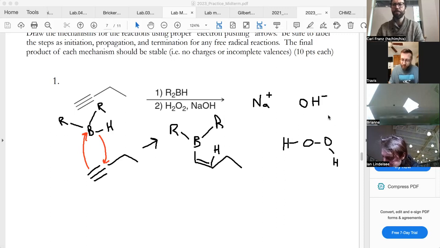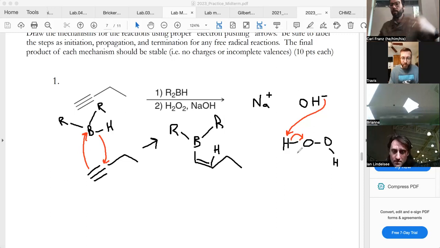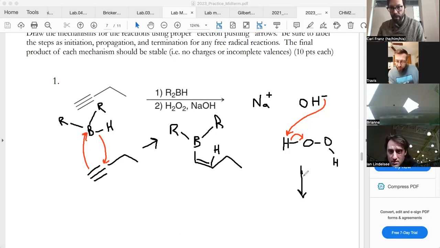And so what goes on there? This negative charge comes in and attacks, and then that bond goes to the oxygen. Right? And what have we formed? Water. Yep. And NaH. So one of the things coming off of there is H2O, because the hydroxyl group steals a hydrogen. So it forms H2O. Isn't that a peroxy acid or something?